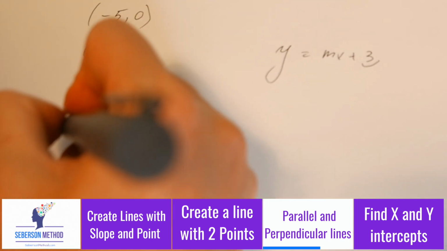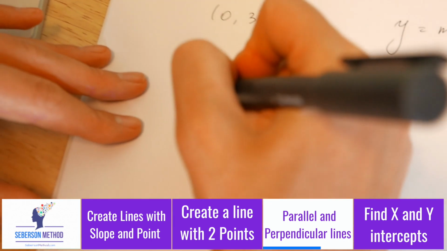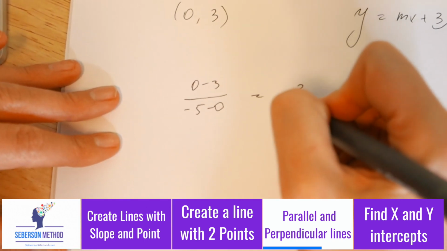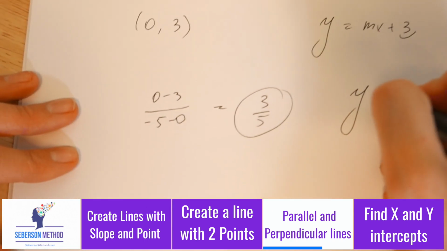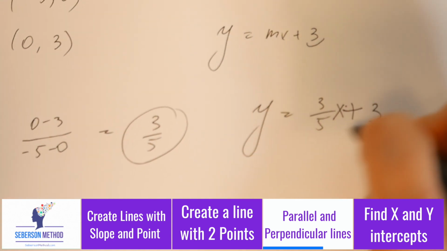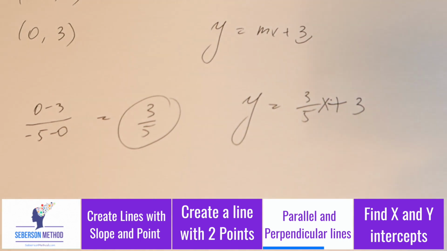Well, let's calculate the slope next. The slope is going to be 0 minus 3 over -5 minus 0, and that's going to be 3/5. 3/5 is your slope. The equation of this line is 3/5 x plus 3. 3/5 is the slope, 3 is the y-intercept. Now,